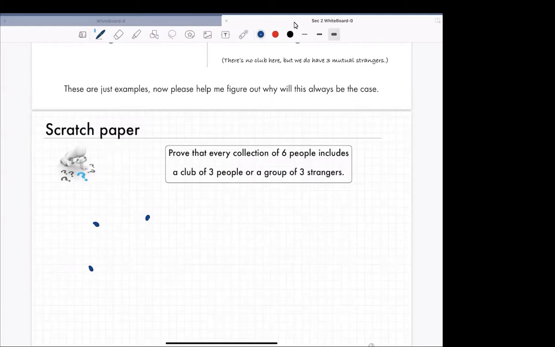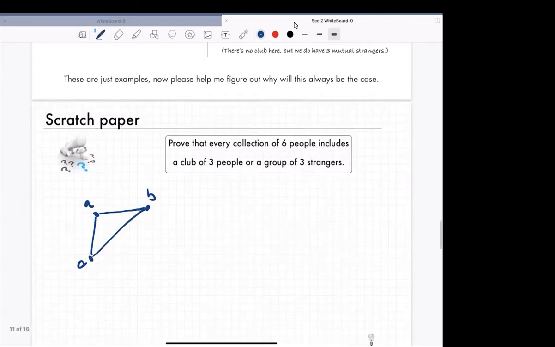Wait, I have a question. Sure, please. Is A to B and B to A 2 separate connections, or is that one connection? That's one connection. So when I draw a line like this, that's A and B. They know each other. A knows B, B knows A. We're assuming that it's a symmetric connection. Yeah, good point. So it's not like following on Twitter, where A follows B and B is not in love with A. Not that kind of thing. They're friends. So will there be 3 connections here? Yeah, the maximum number of connections is 3. So we have A, B, C, and we have 3 connections.